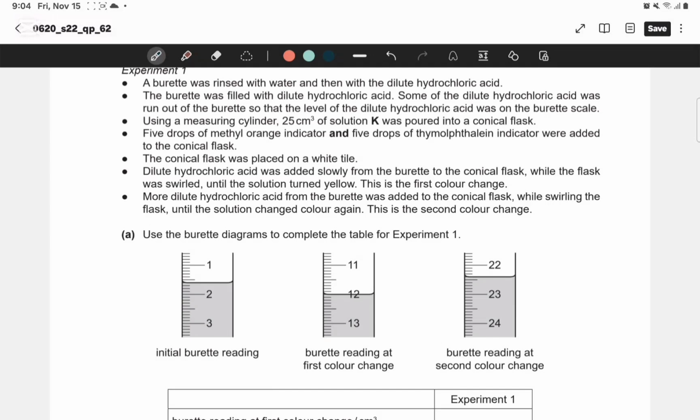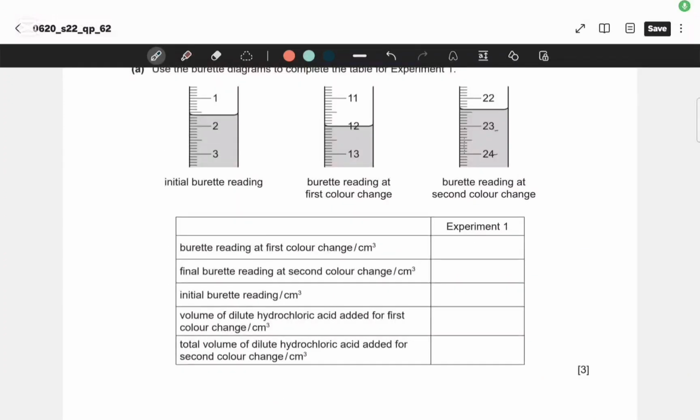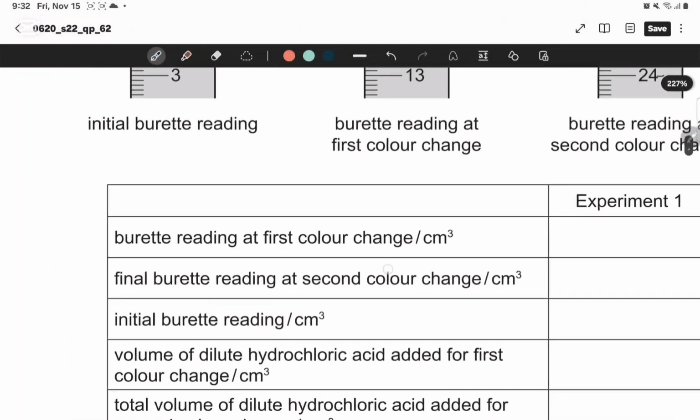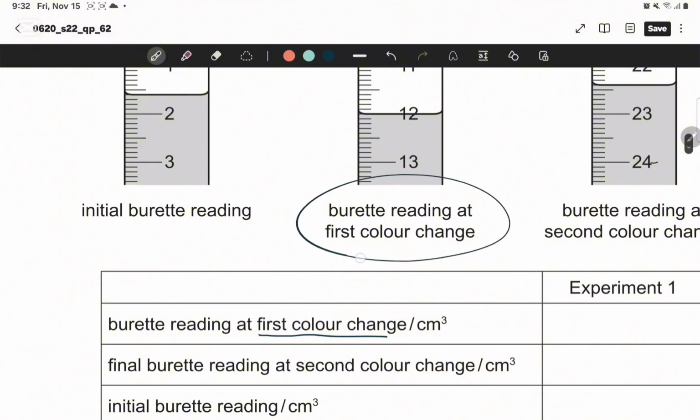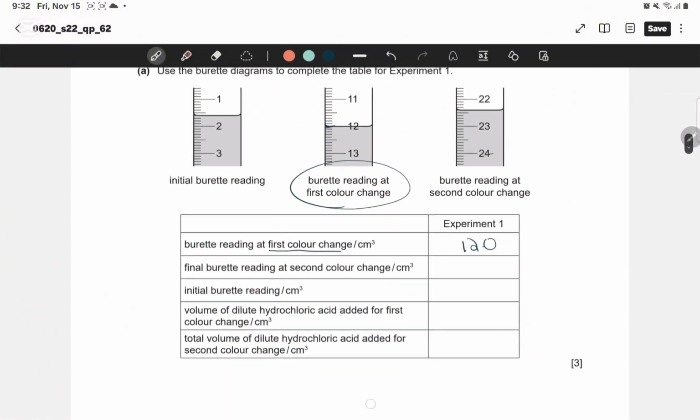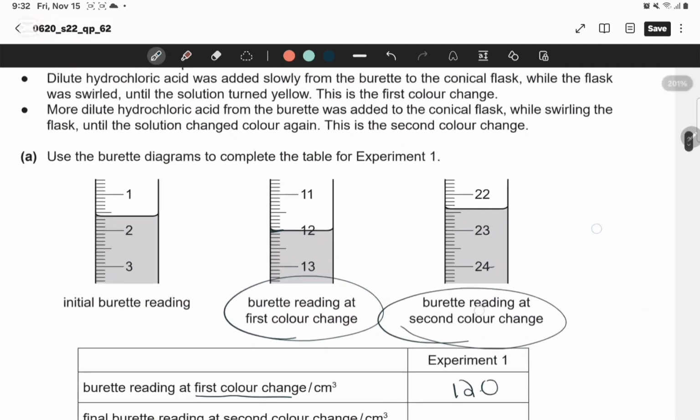Dilute hydrochloric acid was added slowly from the burette to the conical flask, while the flask was swirled until the solution turned yellow. This is the first color change. More hydrochloric acid from the burette was added while swirling the flask until the solution changed color again. This was the second color change. Okay, so here we're going to have to read the burettes. Burette reading at first color change, here it's exactly 12, so 12.0, and then burette reading at second color change over here, it's